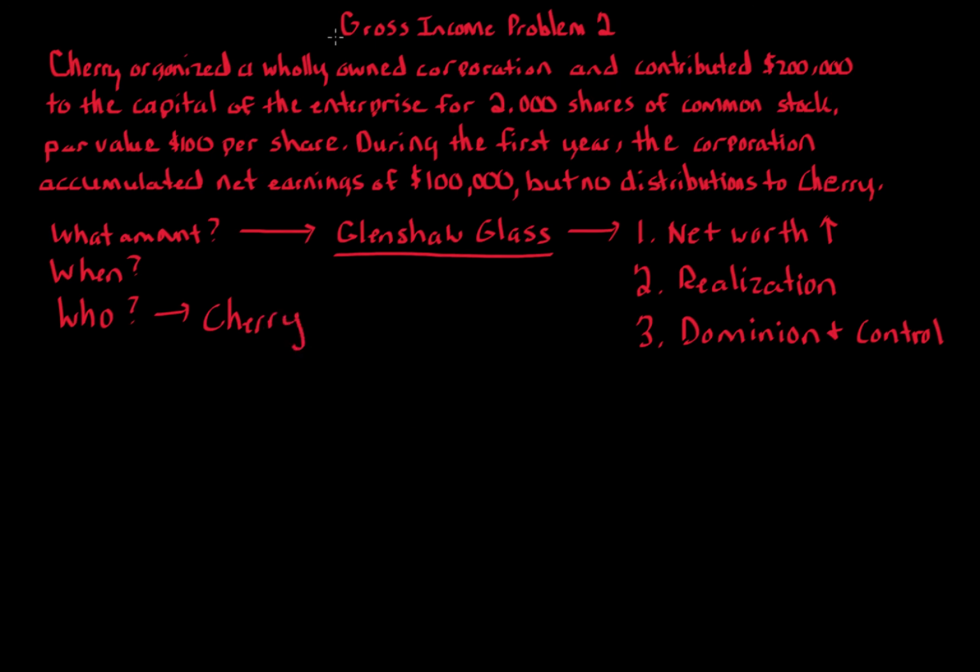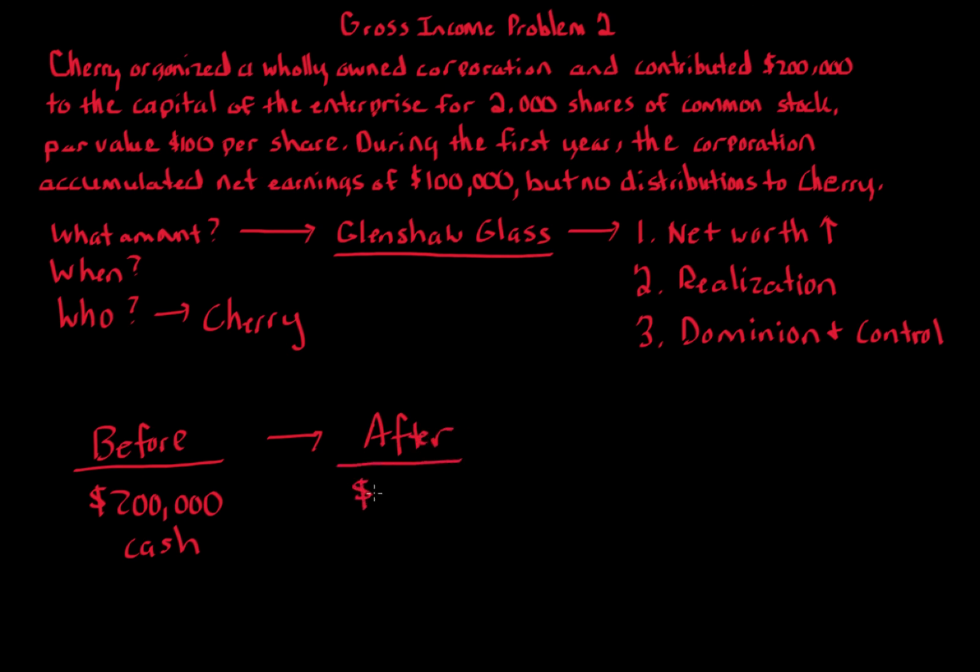Before Cherry owned the corporation, Cherry had this $200,000 of cash. So that was before. So before, Cherry has $200,000 of cash. After Cherry organizes the corporation, Cherry has stock worth $200,000. So if we're looking at immediately after this transfer of cash for stock, when Cherry receives that stock, does Cherry have gross income? And looking at our definition of gross income, which under Section 61 of the Internal Revenue Code